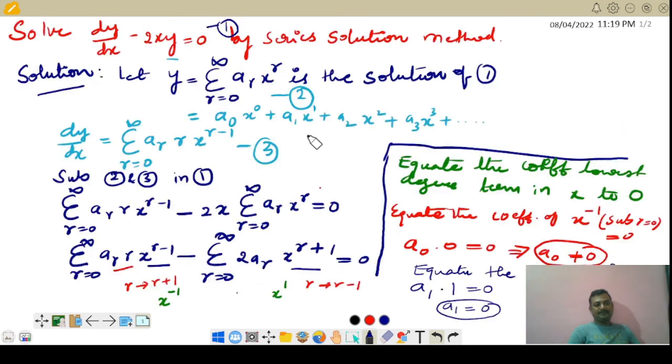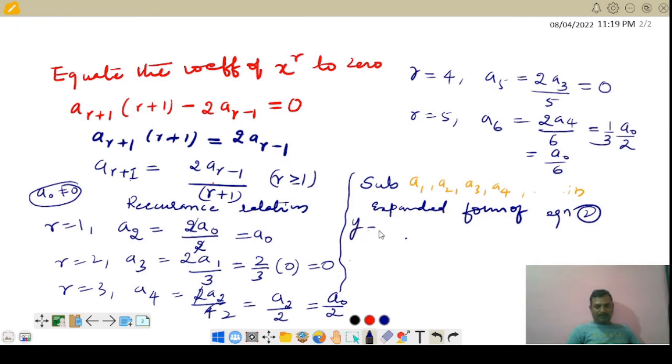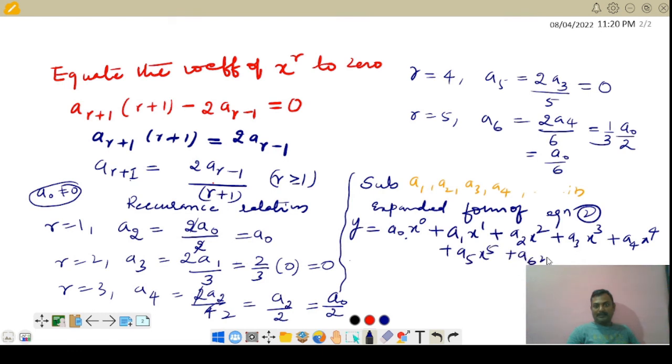Look here. What comes when we expand this, we have to write it and keep substituting here. This is the expansion of equation 2. So y is equal to a0 x raised to 0 plus a1 x raised to 1 plus a2 x raised to 2 plus a3 x raised to 3 plus a4 x raised to 4 plus a5 x raised to 5 plus a6 x raised to 6 and so on, because we found up to